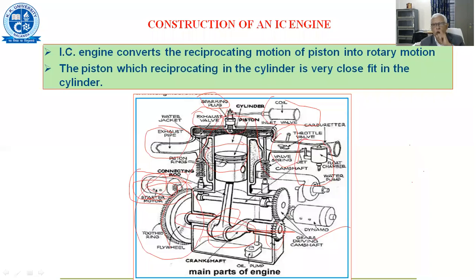I'll just tell you what the things are also there. So this is the one which just starts the engine: starter motor and the teeth gear, flywheel. Okay, once it just starts, that gives the energy during the lean period when the engine has to complete the remaining 3 processes. Only during the expansion it gets the power transmission. The remaining 3 need energy. So this flywheel gives the energy.